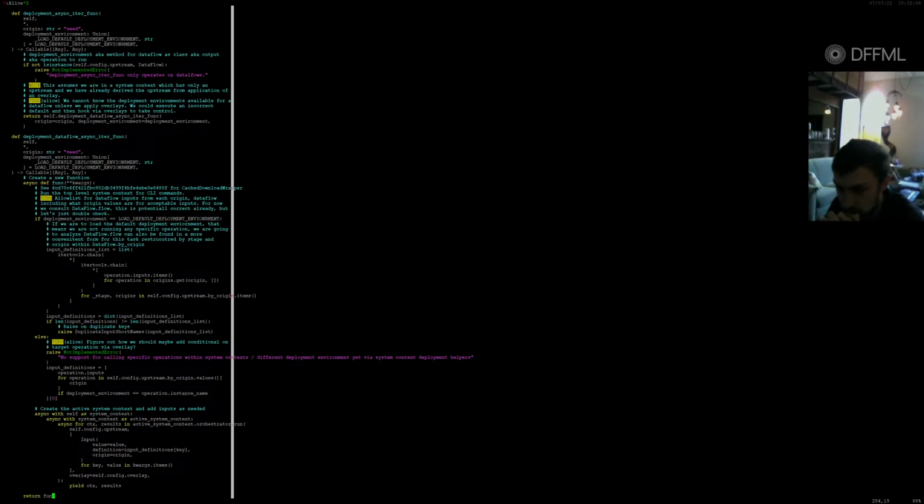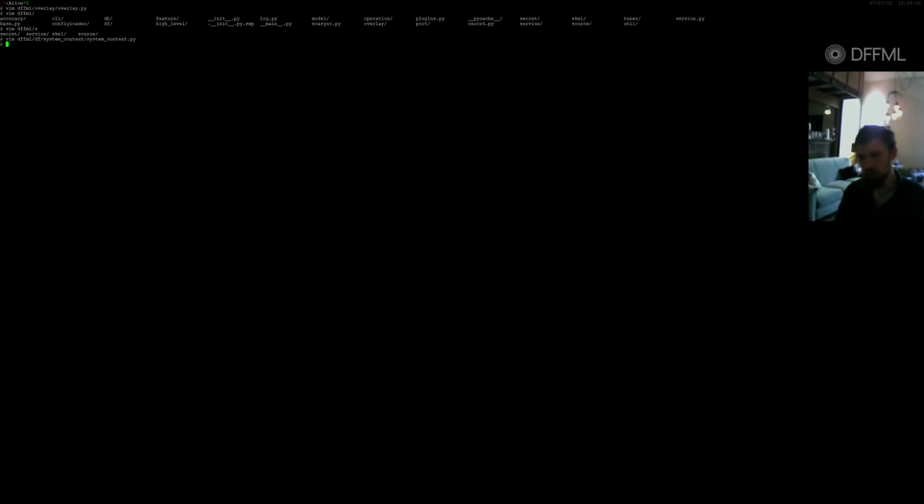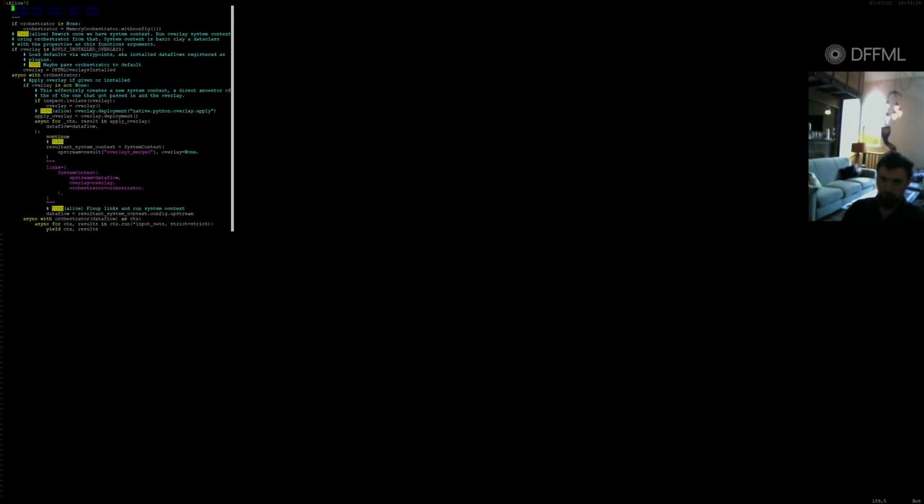So we can do upstream. We can take the system context. We can take a data flow. We can make it a system context as class, and then we can take a data flow. We can make it a system context as class, and we can pass it to